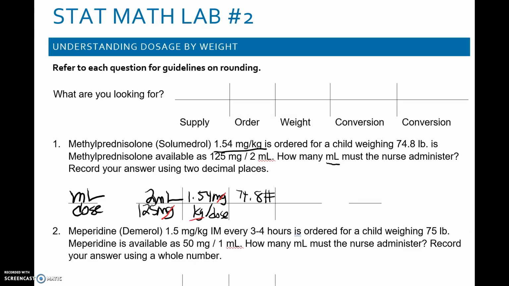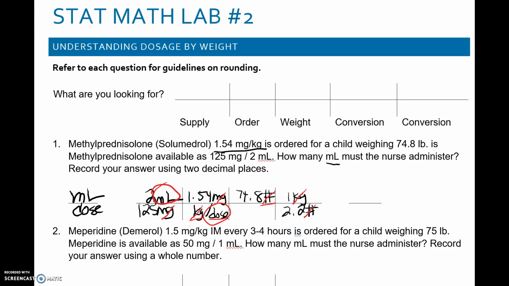We still have kilograms and pounds to deal with because we want to convert those. So if we want to cross out the kilograms, on top we have to put kilograms. So we put 1 kilogram up here and 2.2 pounds on the bottom. We can cross out kilograms and cross out pounds, and we are left with mLs